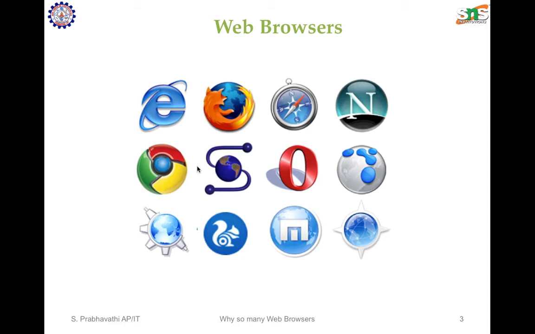So a web browser is a software application that acts as a client to contact the web server and request information. When we search something on Google and click on the link or enter a URL in the address bar, the web server locates and sends the information we just requested to the web browser.